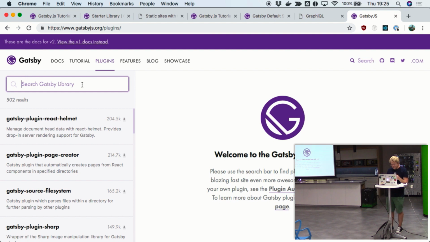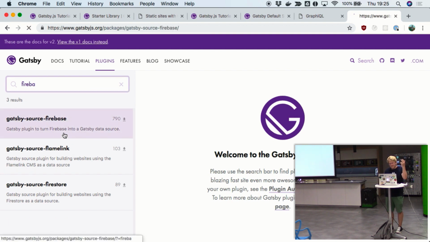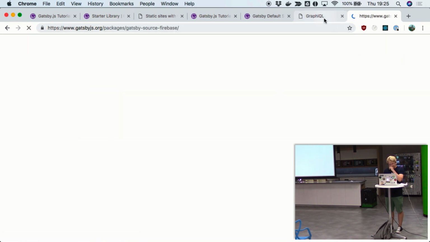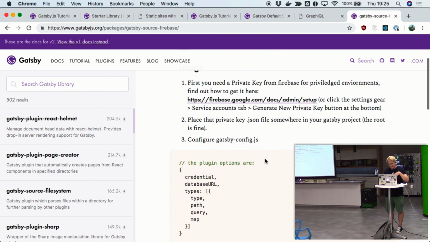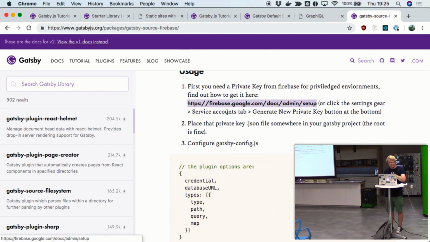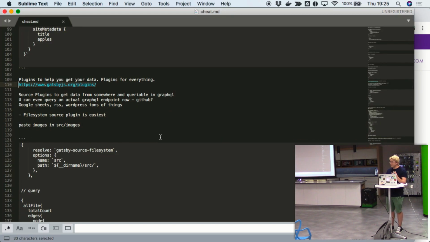This is how you could add like Firebase or something. So you can add all these source plugins, and then you can just query things with GraphQL the way you want to put it on your page, the way you want to show it, which is really cool and fairly easy. I just want to show you the file system plugin, because that's the easiest.